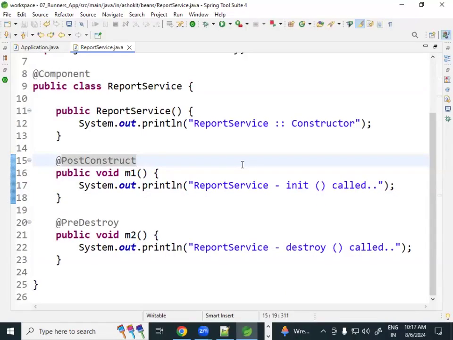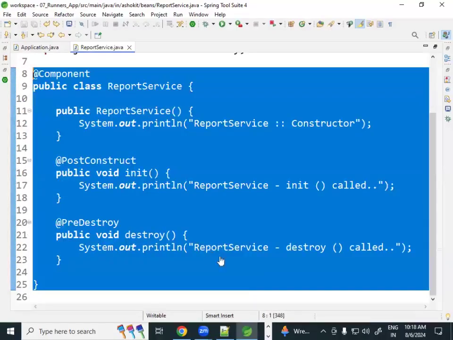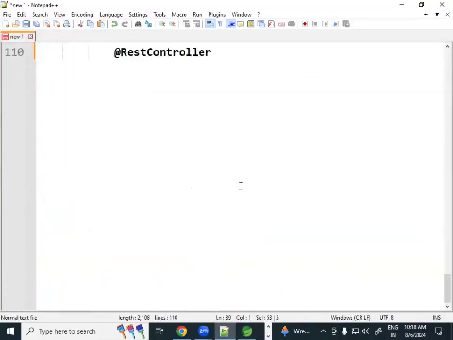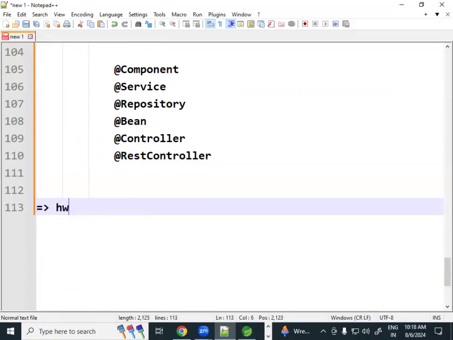I have 10 beans. For 10 beans, I want to manage the lifecycle methods. In 10 beans, you can write post construct and pre-destroy methods. For readability, I'm giving the names as init and destroy. Bean lifecycle. Okay. Now, when IOC container